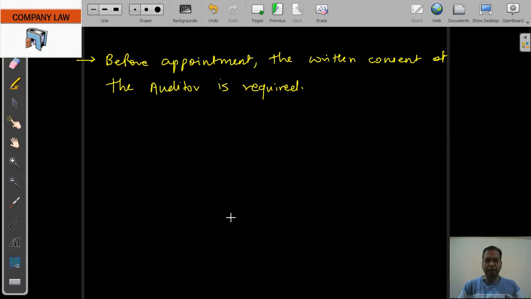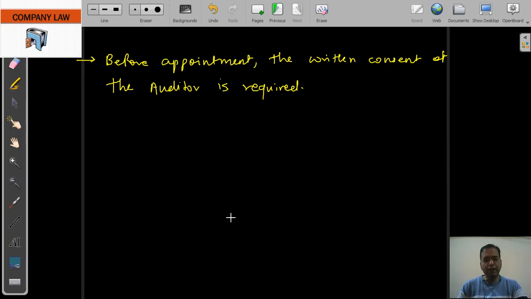Now there can be a kind of certificate which can be required, like the auditor should submit a certificate that the individual or the firm, as the case may be, is eligible for the appointment, is not disqualified for the appointment as per the Chartered Accountants rules. The proposed appointment is as per the limits laid down by or under the authority of the Act, and the list of proceedings, if any, against the firm or the individual relating to professional misconduct should be properly mentioned.